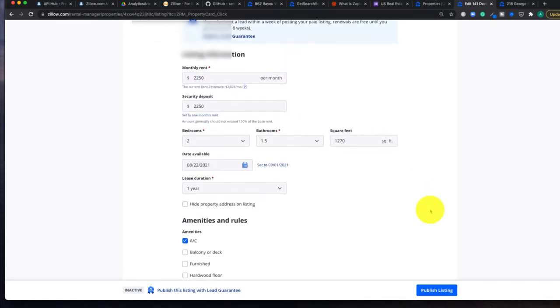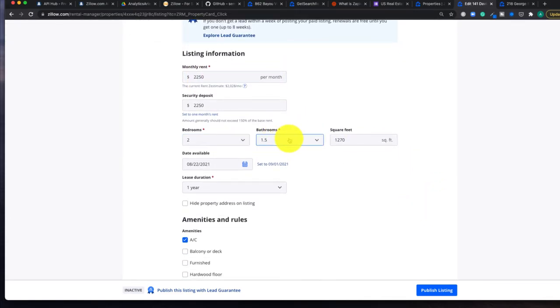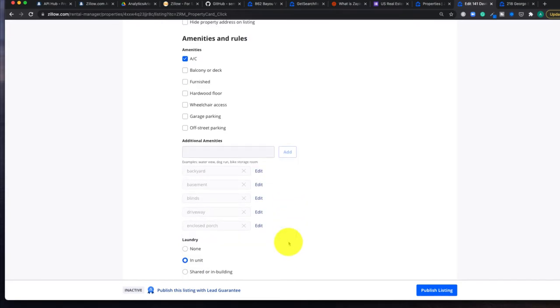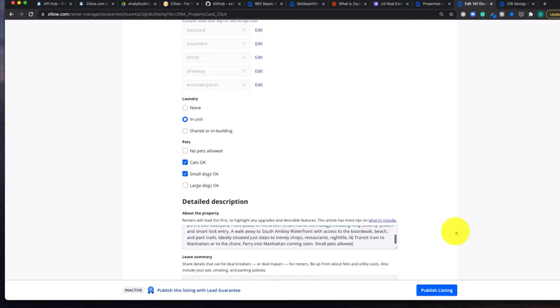And we can specify attributes in case maybe you just recently redid the property, you added an extra bedroom or bathroom, make sure you put that here. And then you also want to set the date that the property will be available, usually either the 1st of the month or the 15th, how long the lease is, and then specify what amenities are available, as well specify